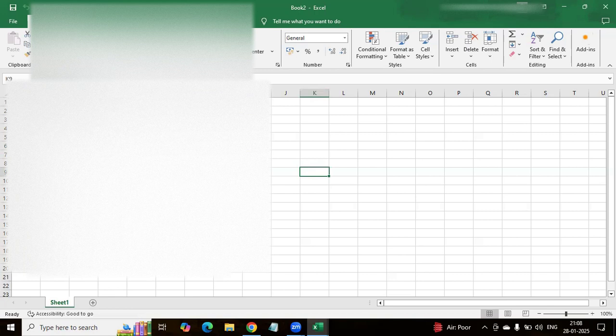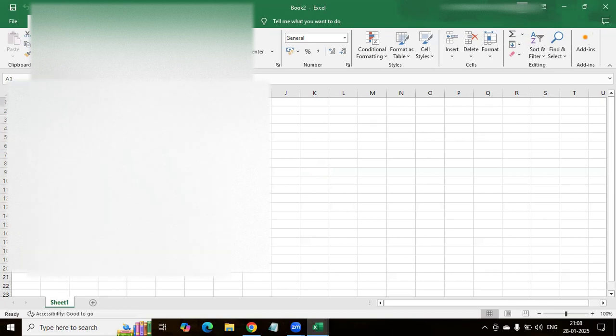This is cell K9, and you can see the name of the cell over here. It is I9. And to check how many rows and how many columns are present in a single Microsoft Excel sheet,